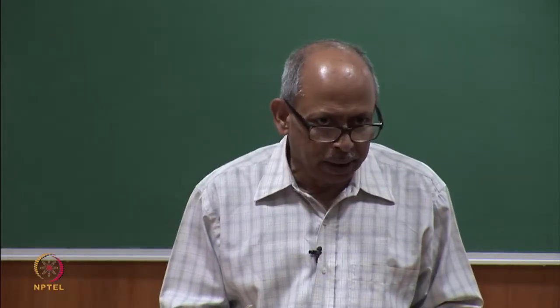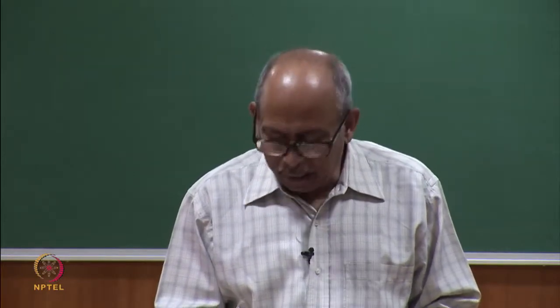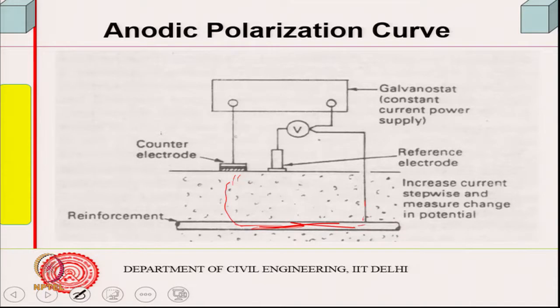So, if I change this potential, I find there is a shift in the potential of this rebar from its initial stage. You recall we had the half cell potential measurement where we connected, this is all moist, the connection is through this concrete. Now, this potential gets shifted because you have applied current from outside, and this shift is proportional to the existing corrosion current density.